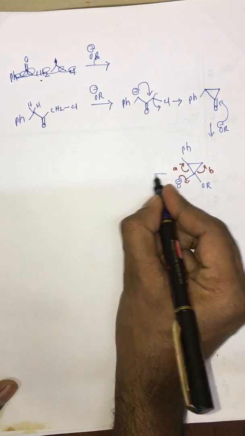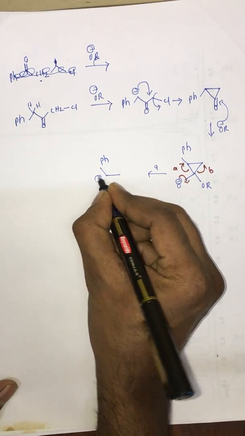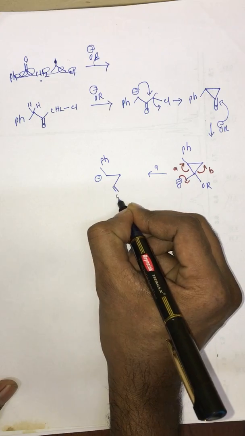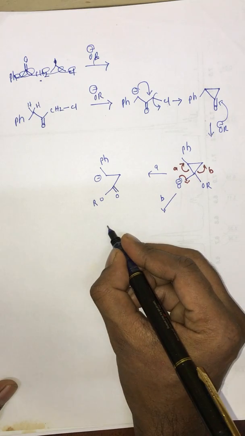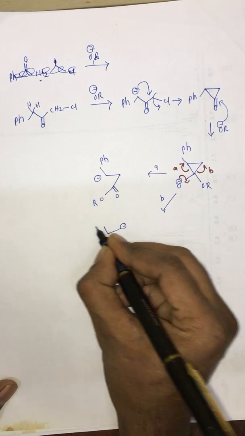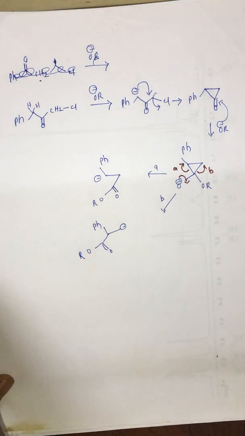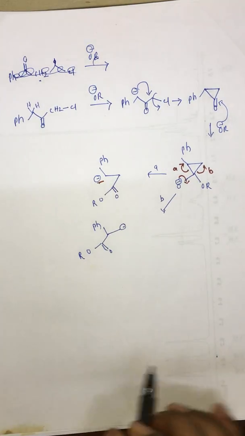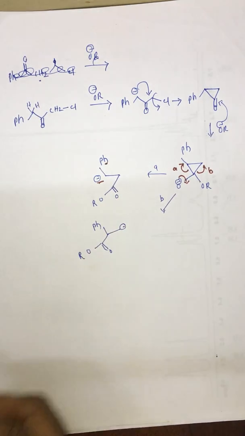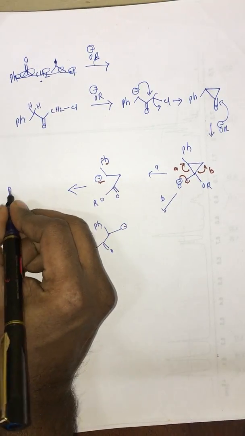In the A path we will get pH, here negative charge, CO, OR, and in the B path we will get here negative charge, pH, COOR. So which is more stable here? Obviously this carbanion is more stable because it is close to the phenyl ring. So we know that close to the phenyl ring is more stable. Okay, so this will be the major product, pH,